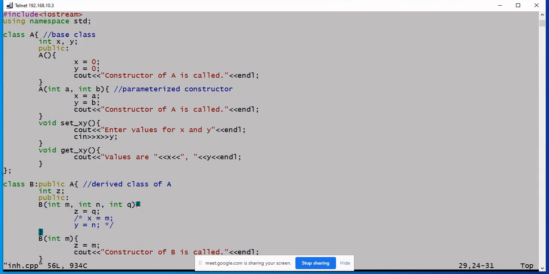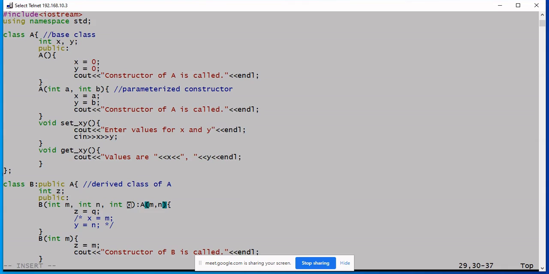Just before you begin with the opening brace, place a colon followed by base class name and then pair of brackets, and in these brackets you pass the values. You wanted m and n to be assigned to x and y, correct? So you have to provide them to the constructor of base class.